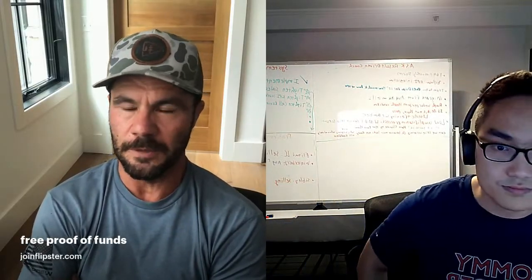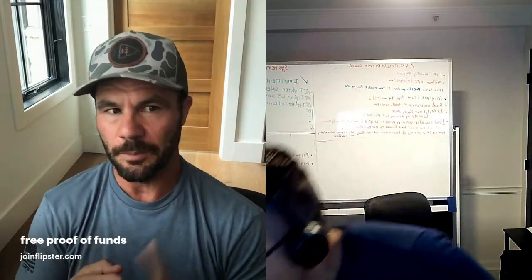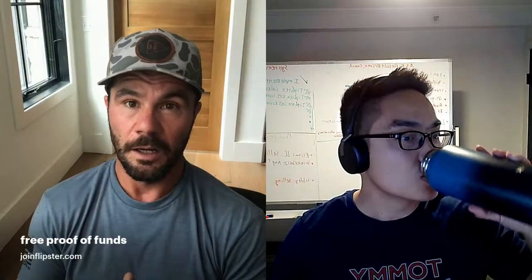Yeah. There was a question in here about proof of funds. So guys, if you're a member of my deal management software called Flipster, you have to be either a pro or prime level member. The basic level doesn't have it, but we provide unlimited proof of funds letters, and they're custom. They'll have your name on there, the address of the property, the dollar amount, and they're unlimited.